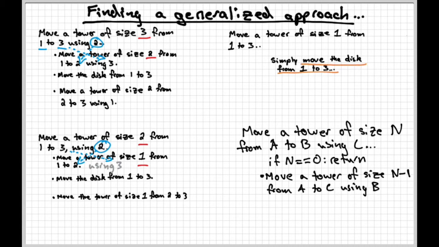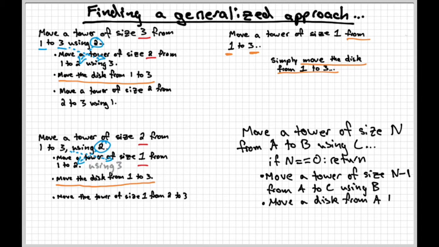Once that's accomplished, there's this common step that we see in all three of these cases where we move a single disk from the from peg to the final destination, or to peg. So we'll add that here, and you'll note that the peg identifiers are preserved. If we're trying to go from peg 1 to peg 3, then when we move this disk, we're going to move the disk from peg 1 to 3. Or in other words,